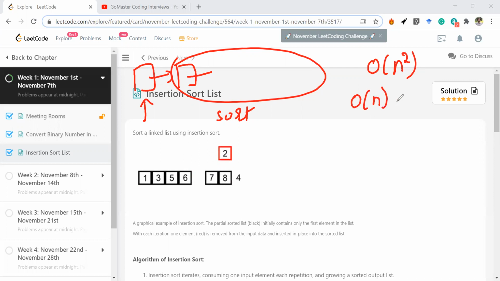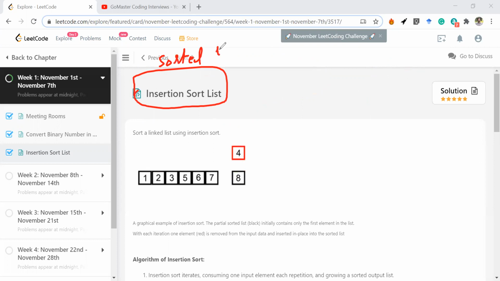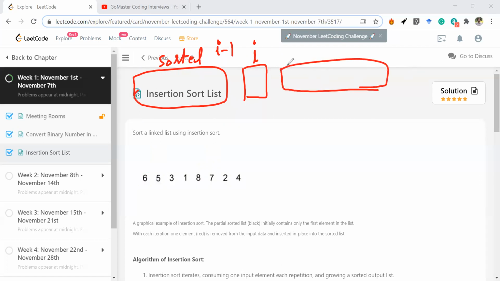What I'm going to discuss is an iterative solution. The general idea here is that I have a bunch of nodes which are all sorted already, the first i minus one nodes, and the ith node is the one which is not yet sorted, but I'm trying to insert it into this sorted list. And there are the rest of the nodes, starting from the i plus one node till the nth node, which are not yet sorted. We haven't even explored them. We can start with the first node as the sorted list because one node is always sorted, so I can start from the second node onwards.